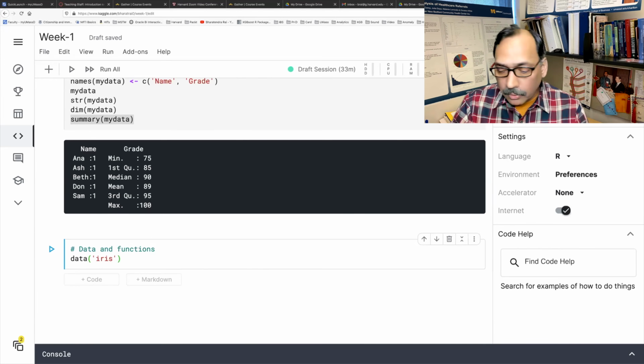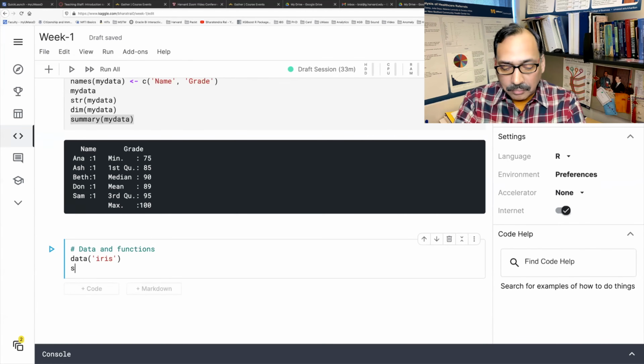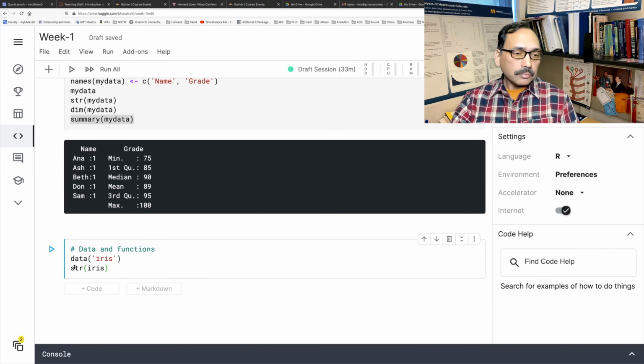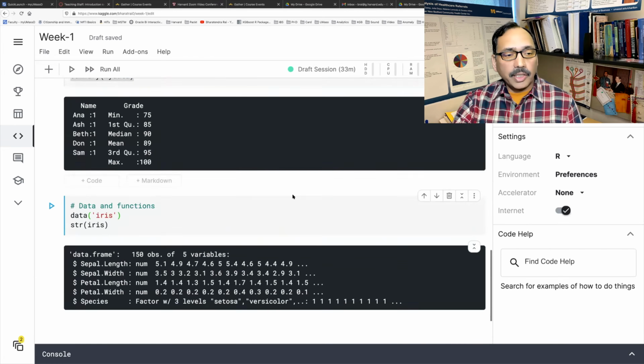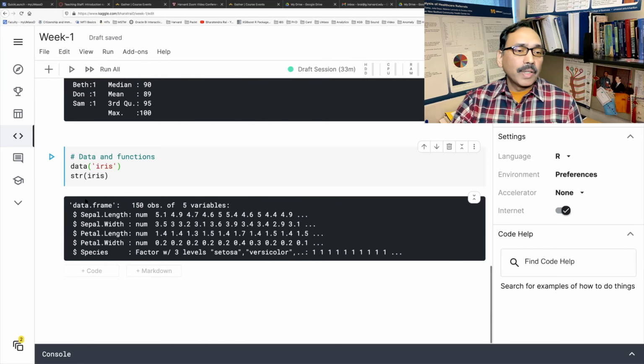And we'll also use the earlier function str or structure to see what is inside iris, like what variables, how many rows and columns, and so on. So structure of the data. So let's run this block. So it immediately pulls the data and tells us that this iris data is in data.frame format, nice rows and columns.